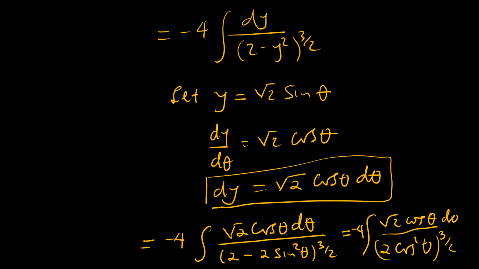Okay, and let's continue. So our problem now is negative 4 times the integral of root 2 cos theta over 2 to the power 3 over 2,